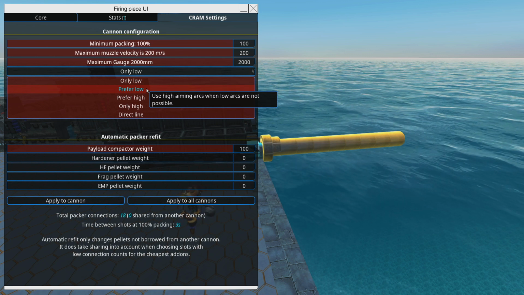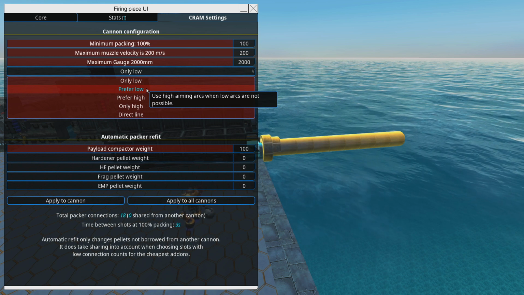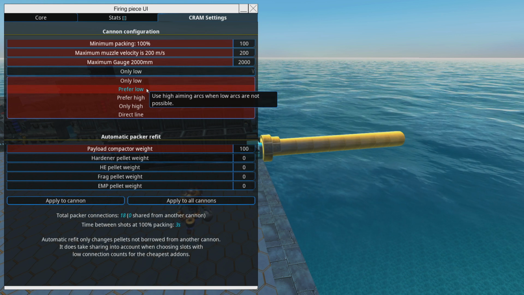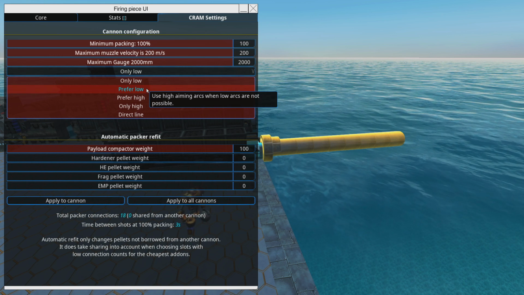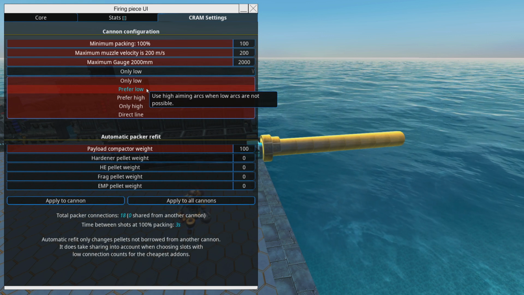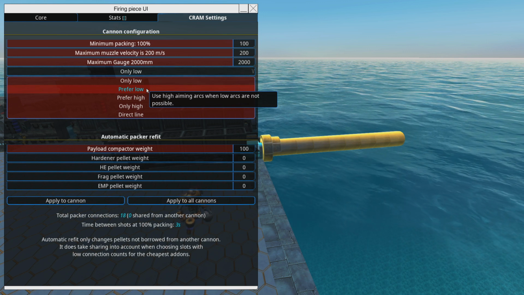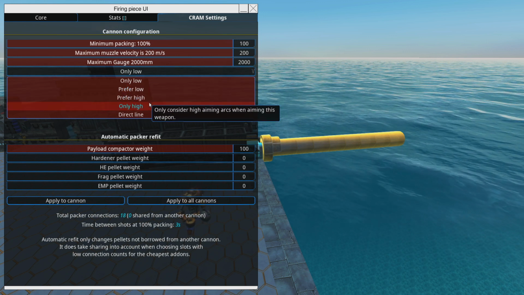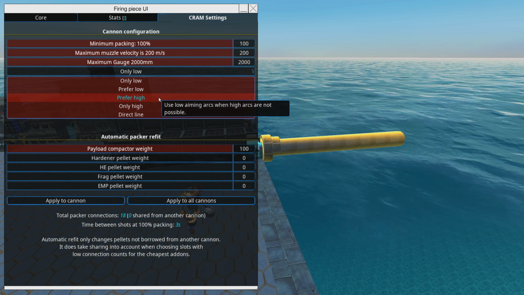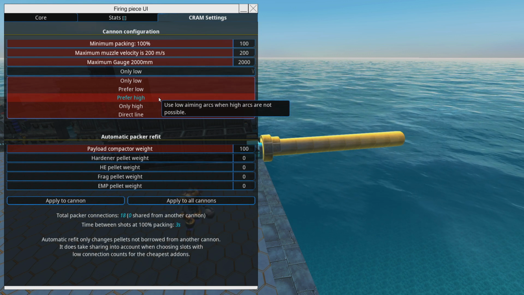Prefer low means I will fire directly at the target in that elevation, but if for some reason I can't reach it because of that, I'm trying to think of the reason, like the gun is pointed up, then I will try to put a high arcing shot in there. Next one, opposite, prefer the high arcing shot but go low if that doesn't work, and